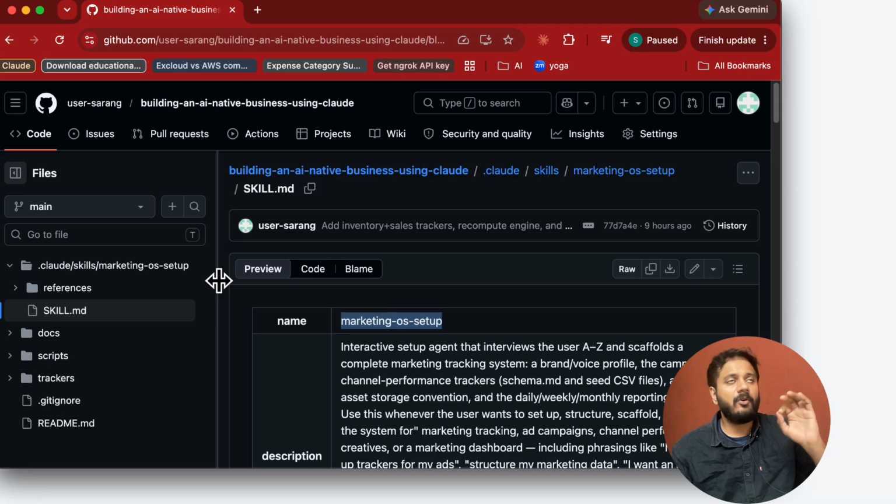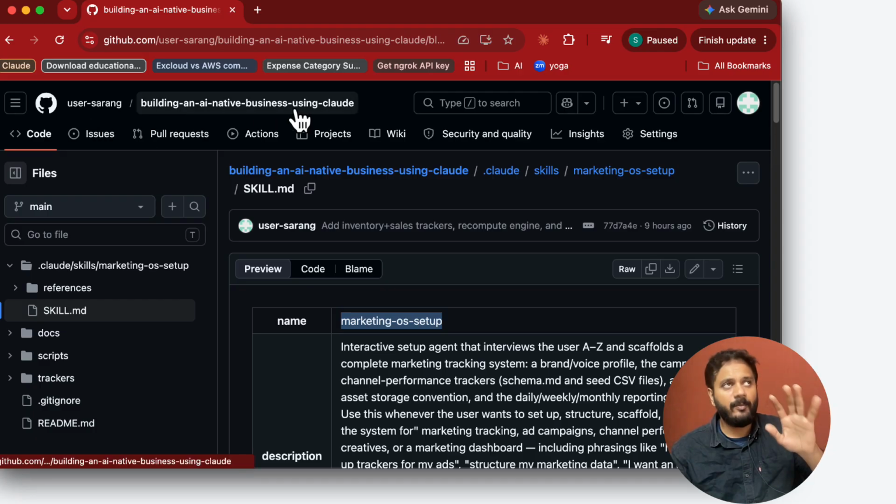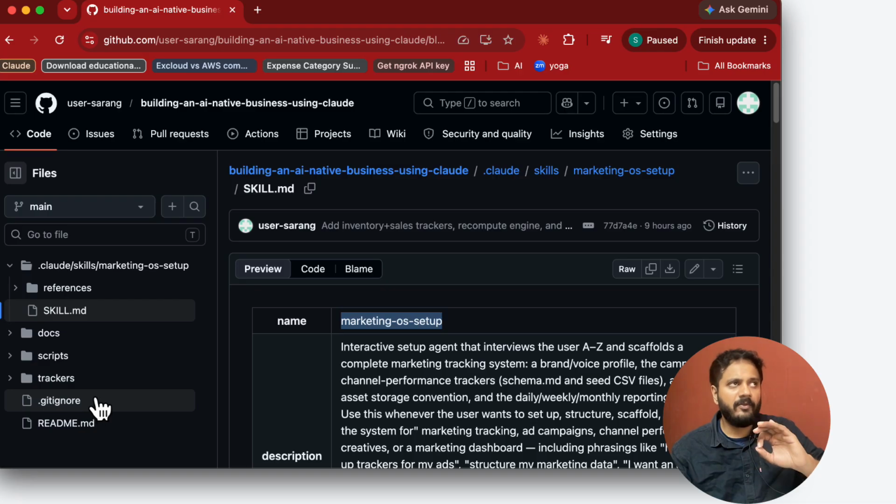Now this website is called GitHub. If you are not a technical person, you would have never used it. If you want to use AI skills, AI plugins, GitHub is the place to be. So I'll give a quick 2-minute tutorial. So this right here is my profile, user Sarang, and I have this repository, and here you can see all the files. So the key thing that will work for you is basically this particular folder here,